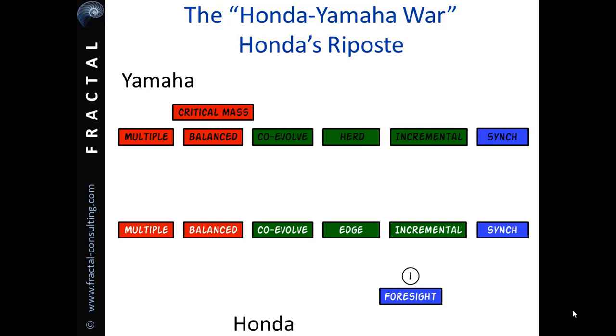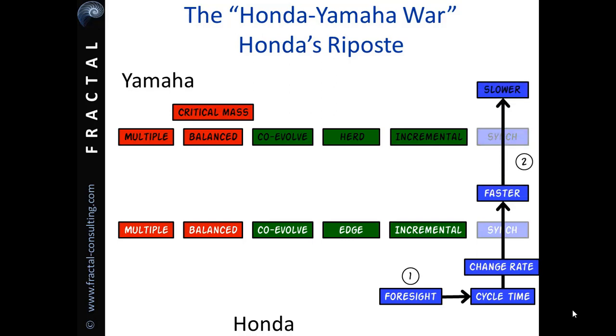Instead of trying to match power with power, Honda chose instead to redesign the market. They waited until Yamaha were fully committed to bringing their factory on stream, and they used that time to reduce the cycle time for new product introduction. That made Honda faster and Yamaha slower, although Yamaha didn't know that yet. Honda also built up their agility by reconfiguring their product development and operational capabilities so that they were able to put together and reconfigure multidisciplinary teams really quickly. That meant that they could significantly increase the number of products they could bring to market.